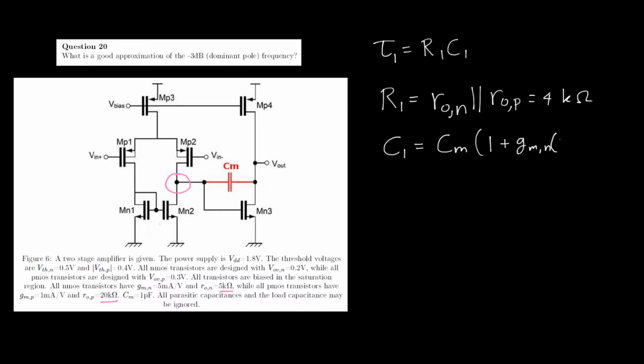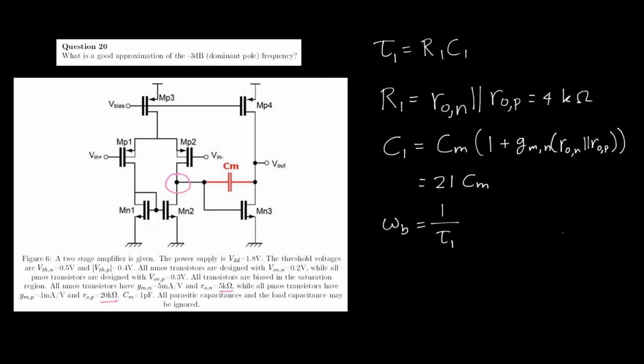So that is RON in parallel with ROP. That's another 4 kilo ohms as calculated here above. If we fill in the values given in the caption of the figure, that means that this capacitance will be 21 times the Miller capacitance. To now find the dominant pole frequency, we just have to take the reciprocal of our